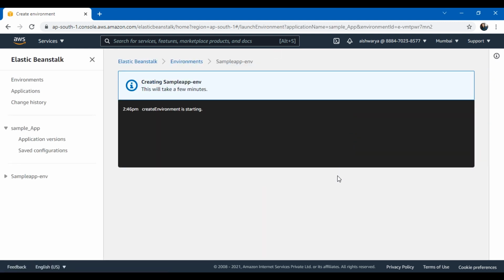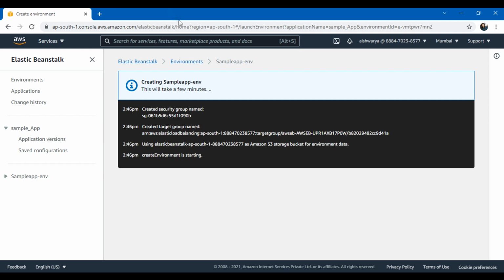the entire environment. The application is there, the environment is there, and it will take around 5 minutes to complete the environment setup. Once it is set up, I'll be able to see my application hosted very quickly on the EC2 instance. The EC2 instance will be ready, the application will be ready, I'll be able to access that, I'll be able to see everything that it has created.